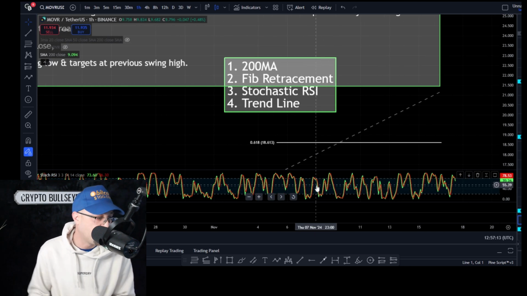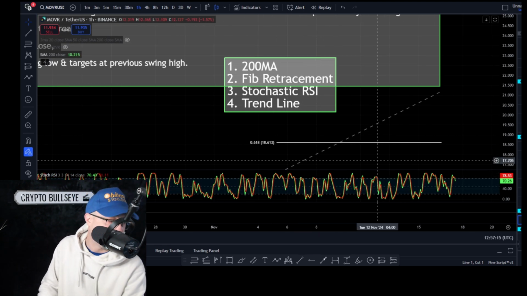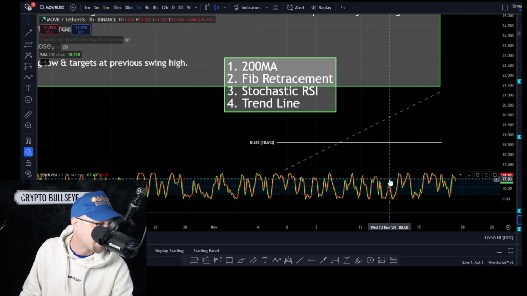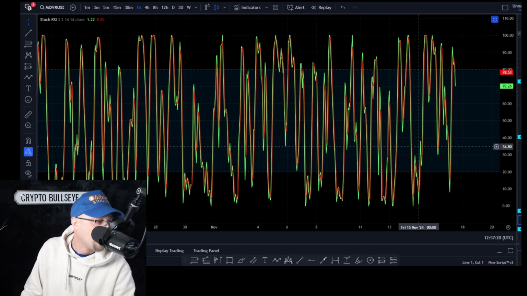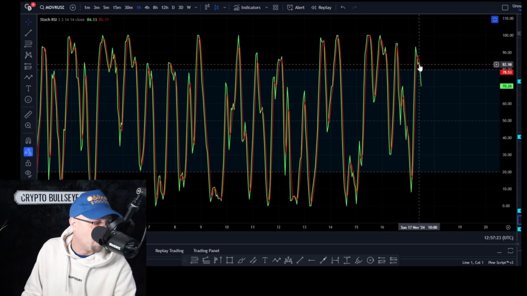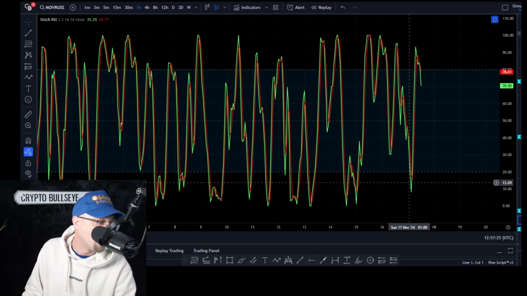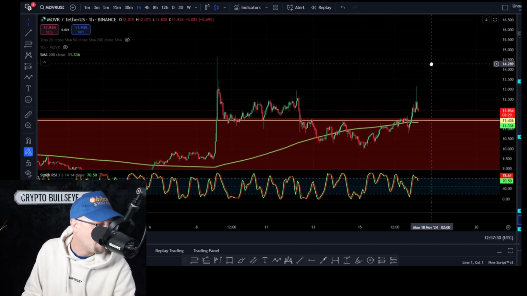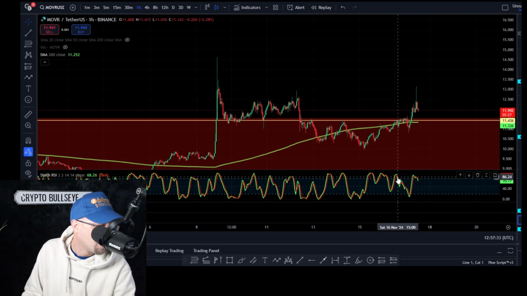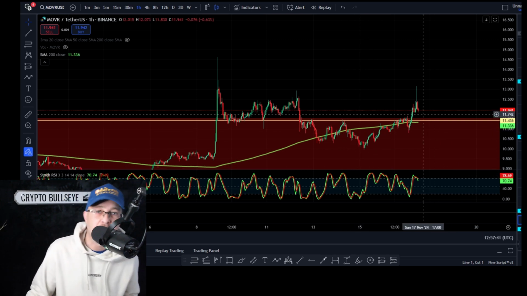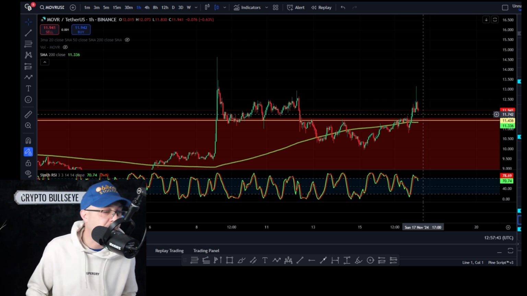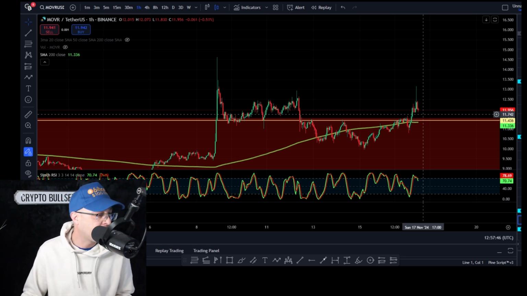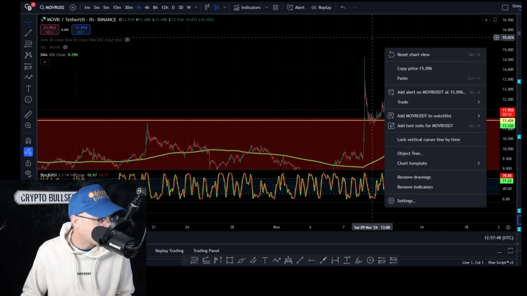Now, anyone that watches my channel probably understands this is one of the easiest indicators that you can use. If I just pull it up, you can see when the RSI is above 70, it's overbought. When the RSI is below 30, it's oversold. Now, I want you to see how that coincides with price action. Overbought, overbought, overbought. See, as we pull back, price pulls back. As we pull back, price pulls back. So that's going to be our additional metric. Are we overbought? Are we oversold? Are we at support? Are we at resistance? All paints a picture. So we've got our stochastic built in now.